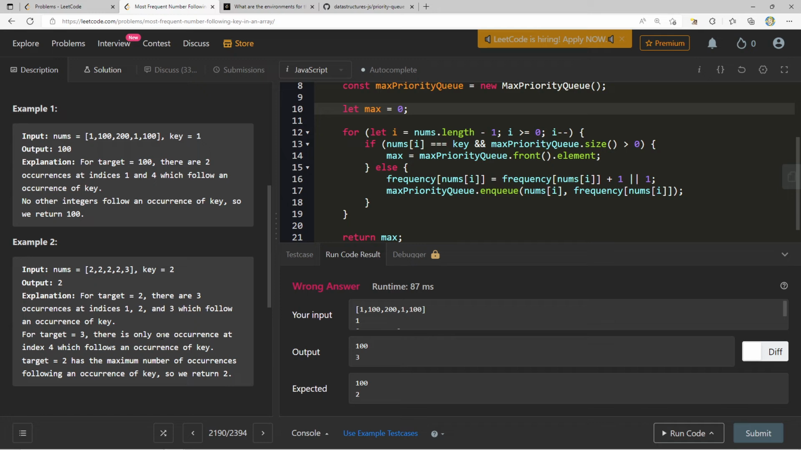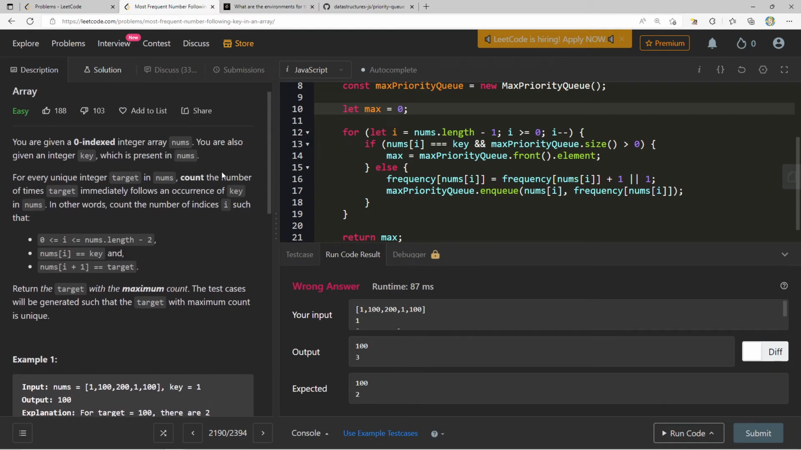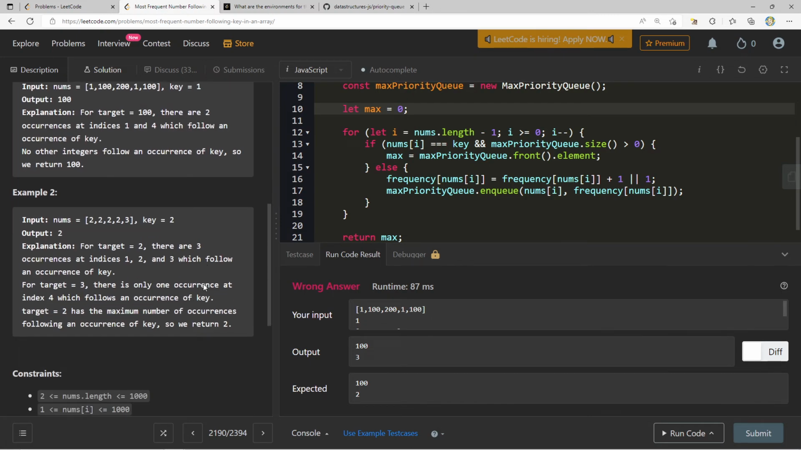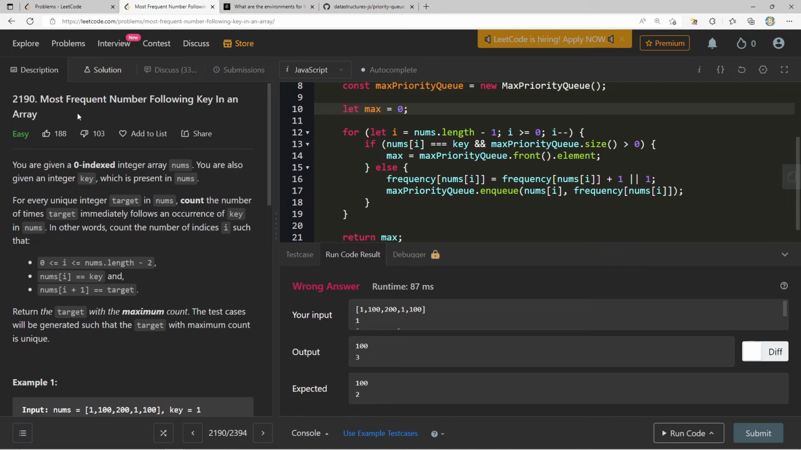I see, for target 3 is only one occurrence. Following the occurrence of key maximum count. Return the target with the maximum count. The test cases will be generated such that the target with maximum count is unique. So if it's unique, how is, yeah, this